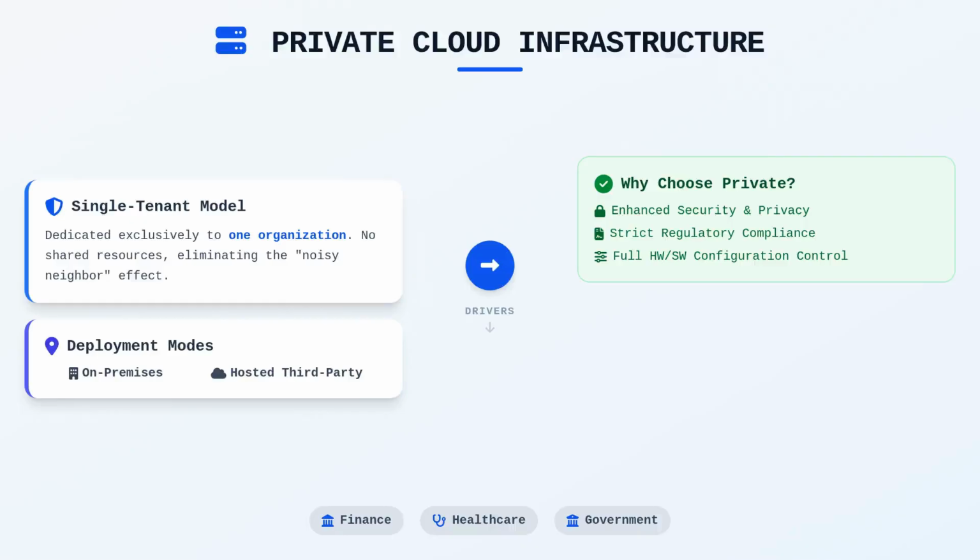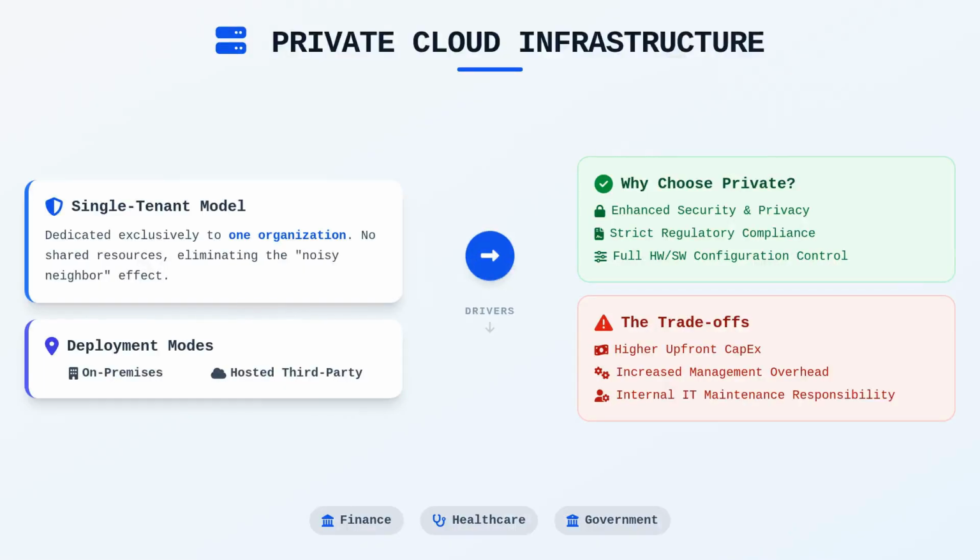Since the infrastructure is not shared with other tenants, representing a single-tenant environment, the organization maintains full control over the configuration of the hardware, the software stack, and the security protocols. This results in higher upfront capital expenditure because the organization must procure or lease the dedicated physical assets regardless of actual utilization rates. While this removes the noisy neighbor effect associated with multi-tenancy, it also introduces higher management overhead as